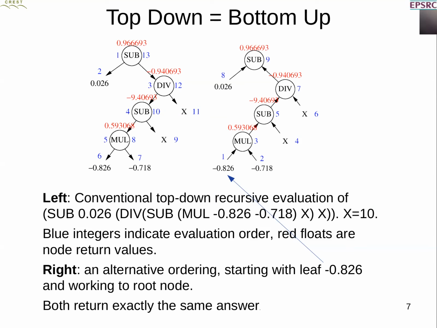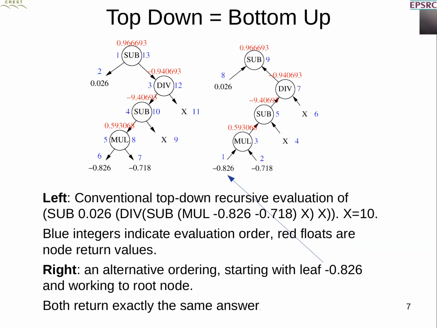On the right-hand side, we have the same tree, but we're going to evaluate it from the leaf minus 0.826 and work our way up. So the blue node numbers indicate the evaluation order. We start with minus 0.826, move up to the multiply node, and at that point we need its second argument, which in this case is minus